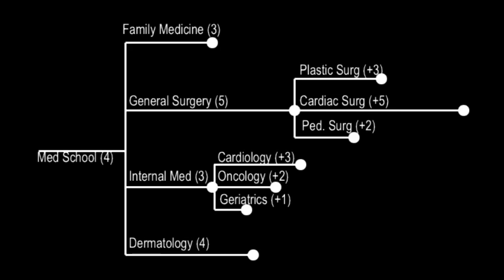Okay, one other field on the screen is internal medicine. Internal medicine is what you study if you want to be a doctor who works in a hospital. So if you want to be a general hospitalist, you'll spend 3 years in an internal medicine residency program. If you want to specialize in heart conditions, so cardiology, or cancer, which is oncology, or geriatrics, then on top of the 3 years that you'll spend in an internal medicine residency program, you're going to have to do an extra 1 to 3 years of fellowship training to be a specialized hospital physician.